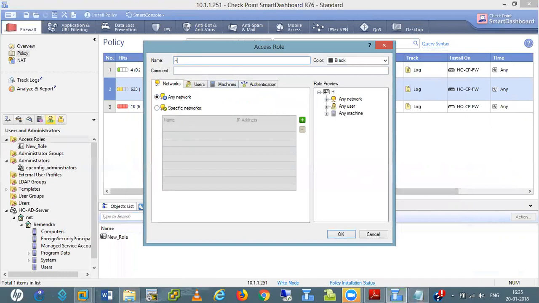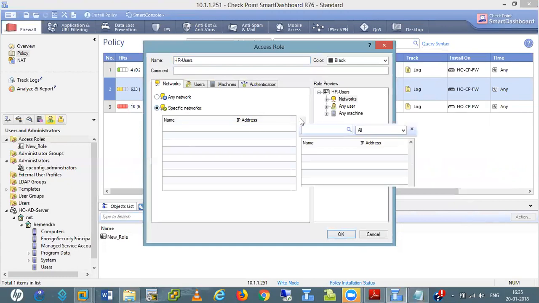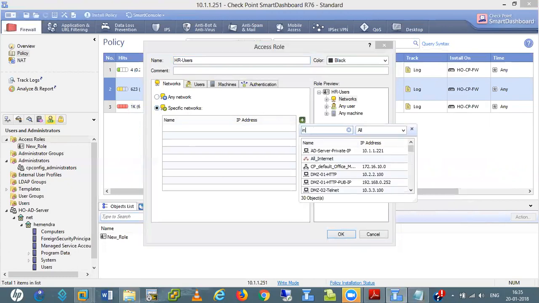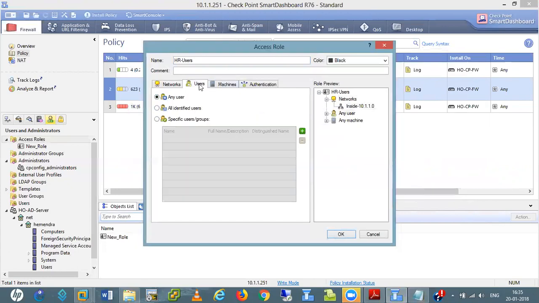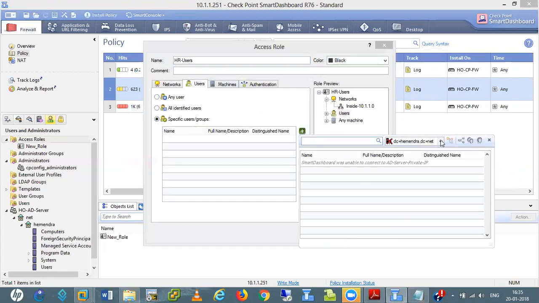I give HR users. I give a specific network here, which is my inside network, and I call the HR. It is not showing here.